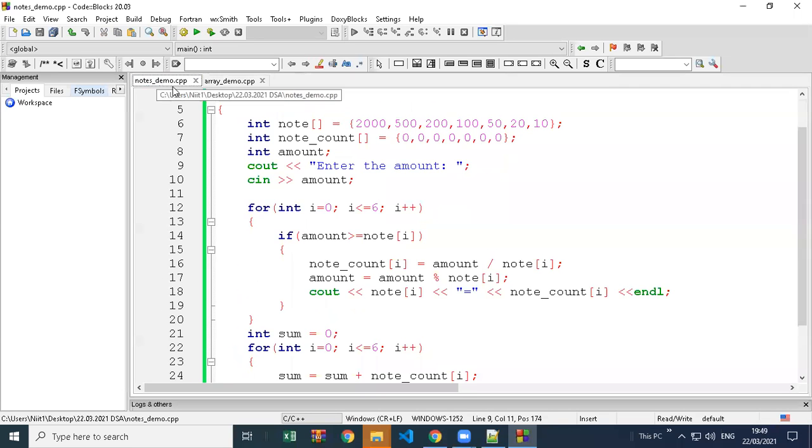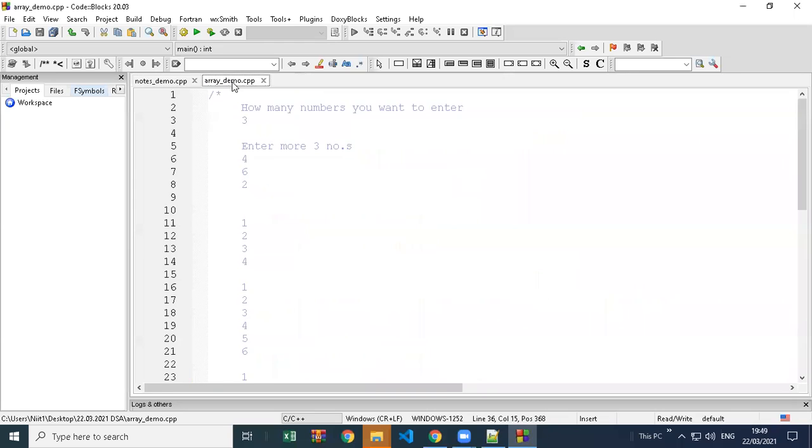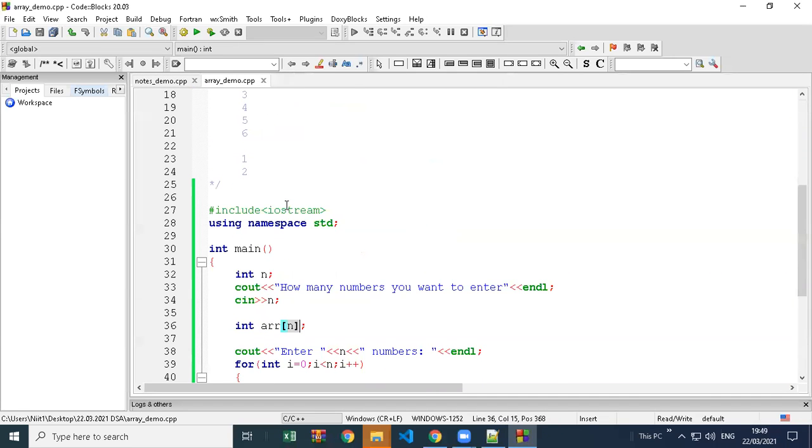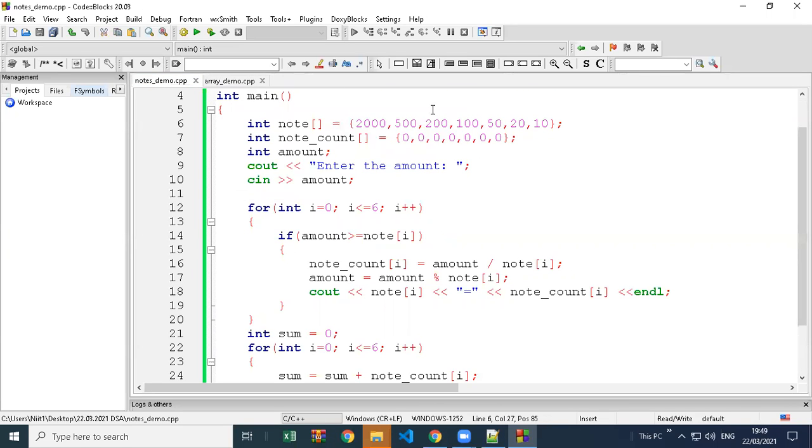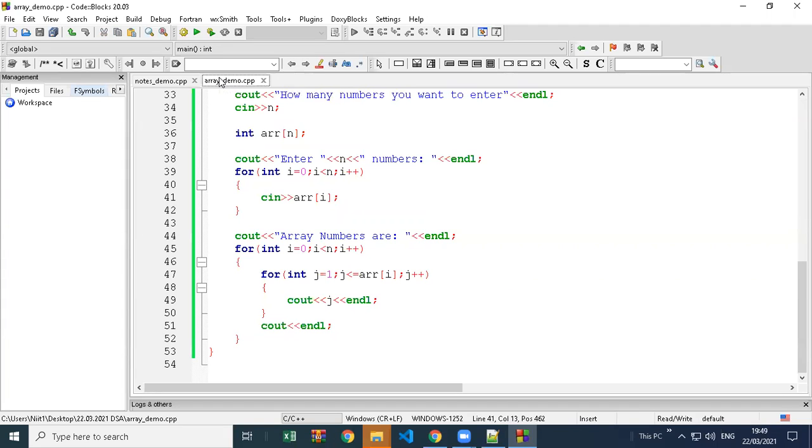So both the demos, the nodes demo and this array demo, are related to array and loops concepts. In both we have to understand indexing properly: how we can create an array with our size, how we can take values out of the array, and how we can play with the array and loop. That is important here. Anyone has any query or doubt here, please write in the chat.